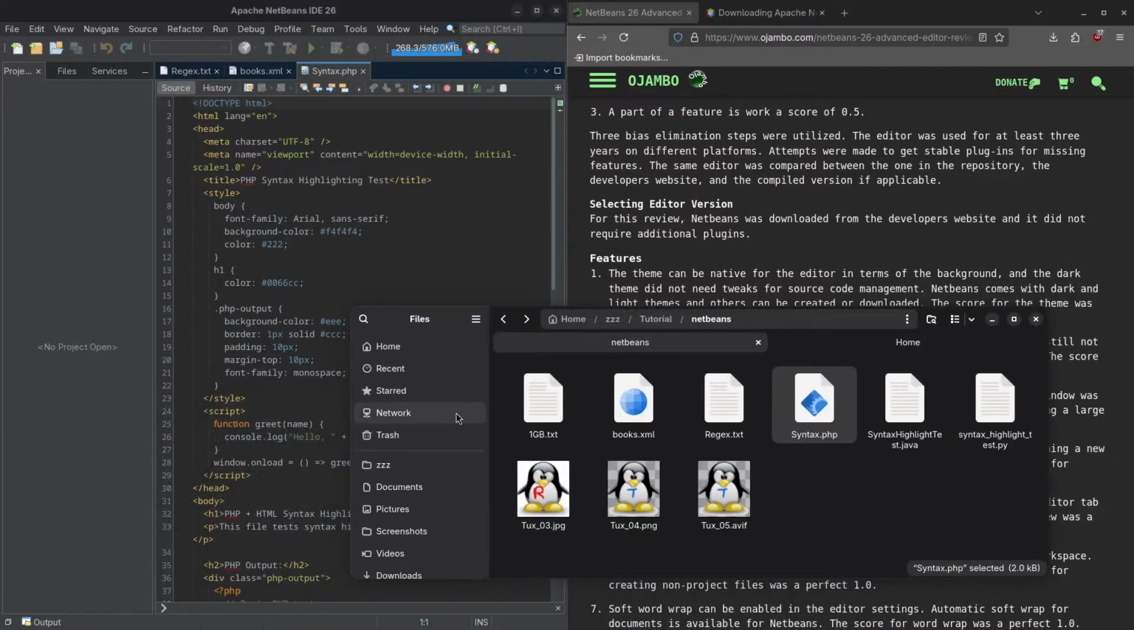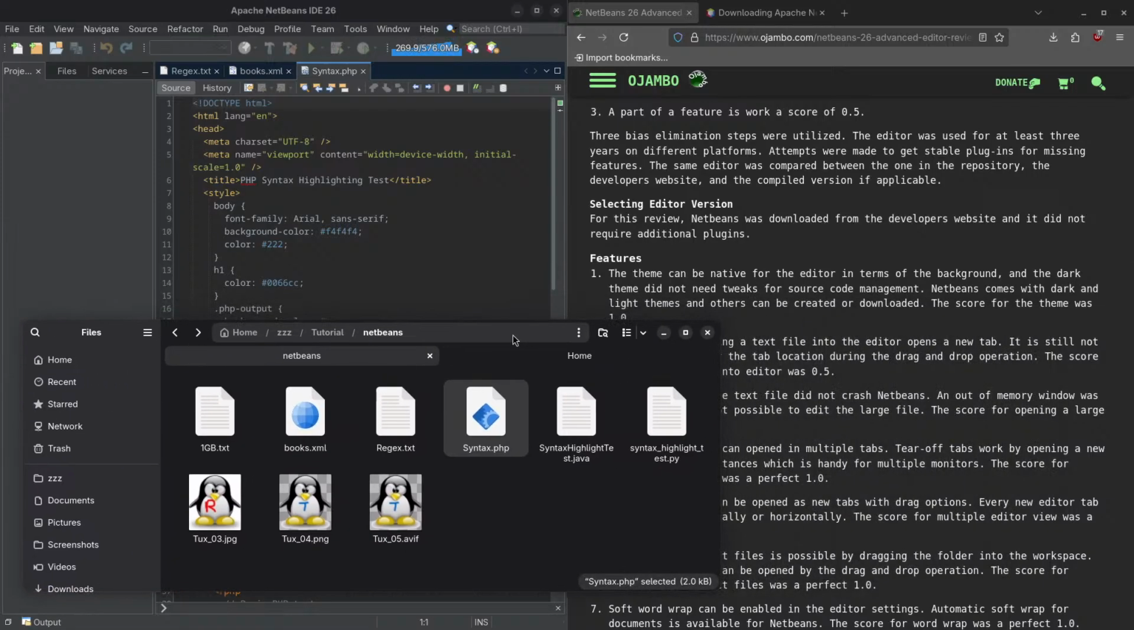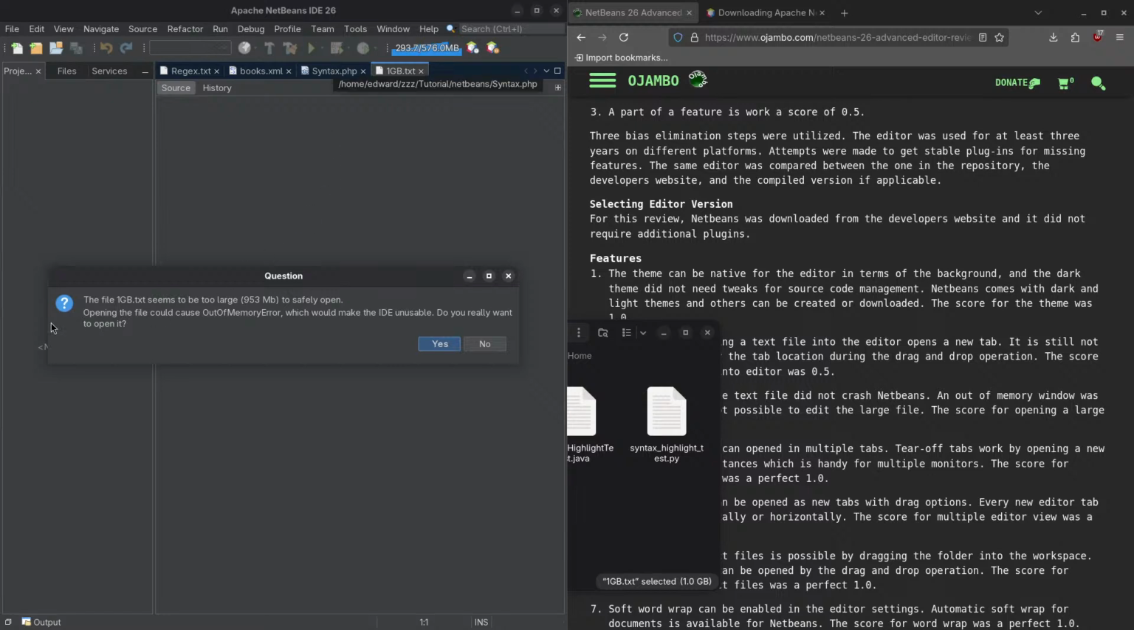So remember, this file is 1 gig, and I can prove it. For example, you see here, it will tell where my mouse is. It will tell us exactly where it is. So this file here is 1 gig. If I drag it and paste it here, you see what happens? It says, hey, the file 1 gig.txt seems to be very large because it's exactly 1 gig. To safely